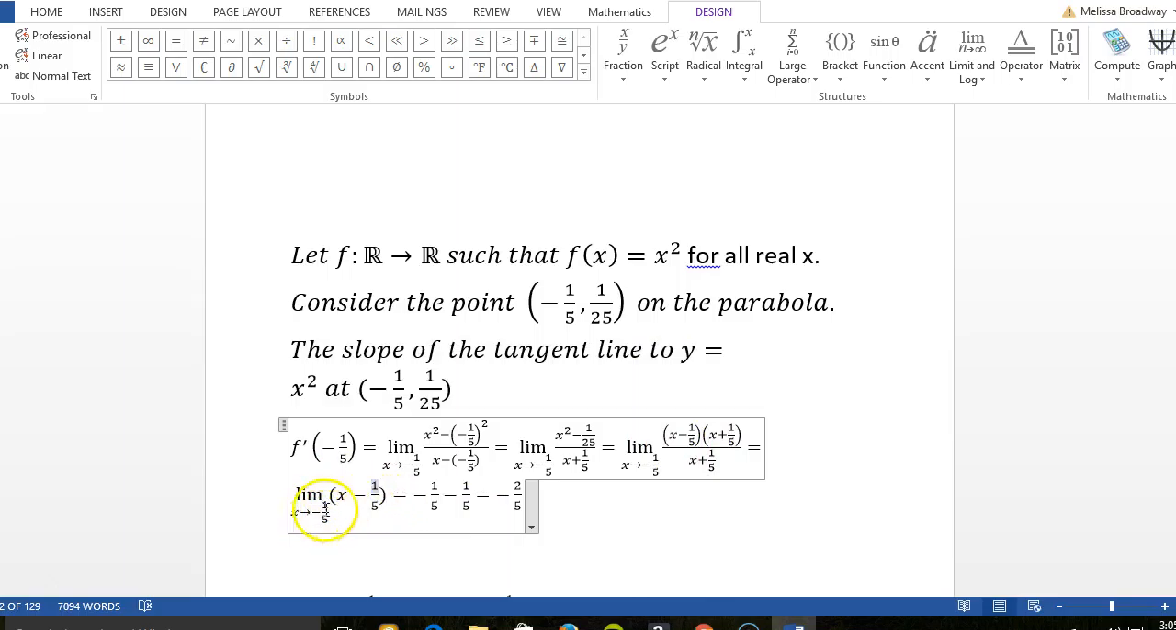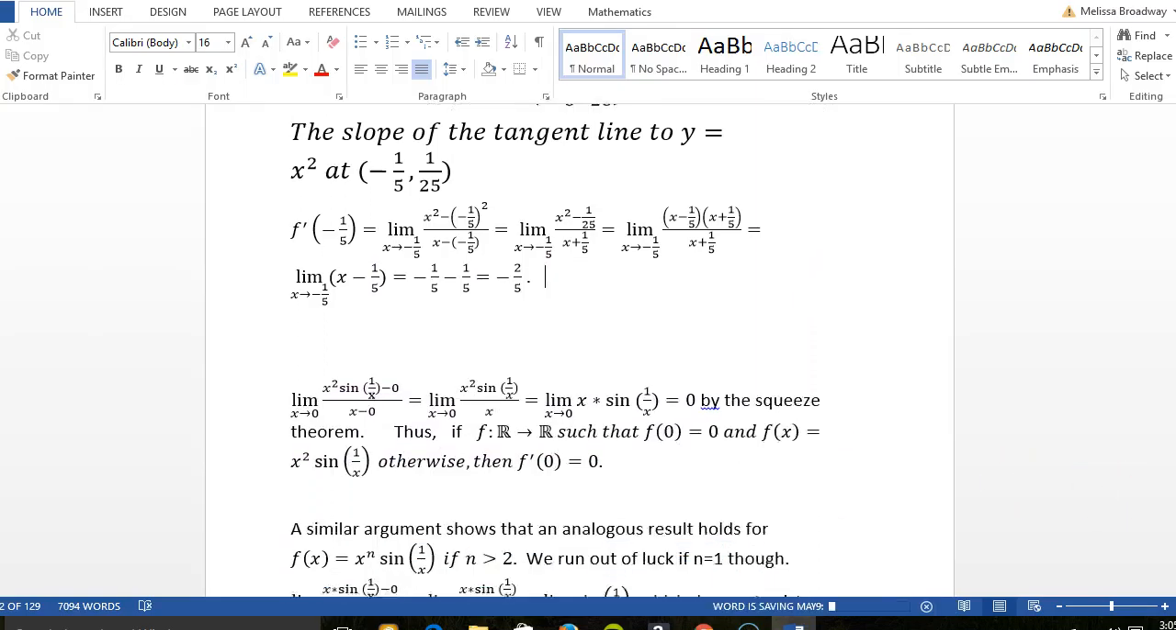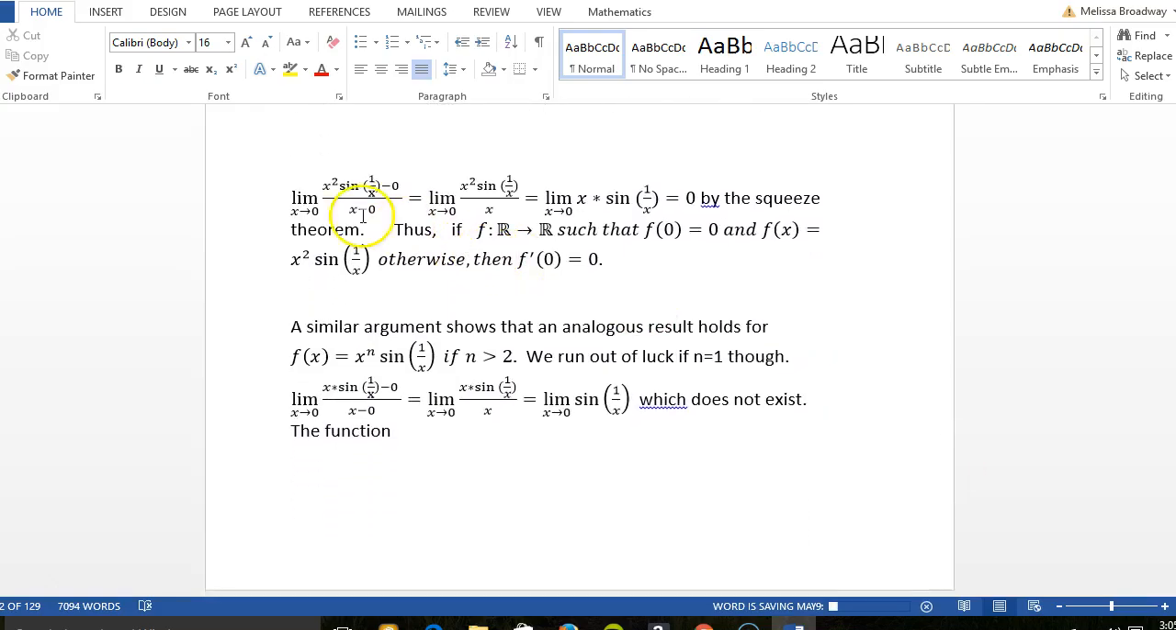And then by continuity, just throw negative 1/5 into x. We get negative 1/5 minus negative 1/5 minus ordinary 1/5. But that's negative 2/5. Okay, so negative 1/5 minus 1/5 is negative 2/5. Okay, so there's that. And so,